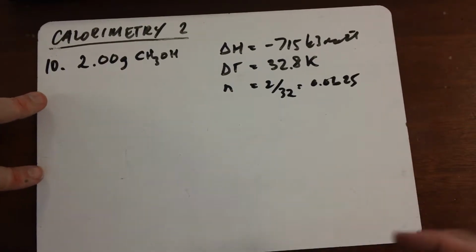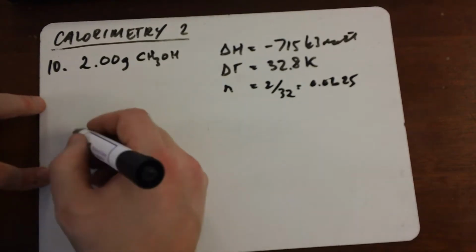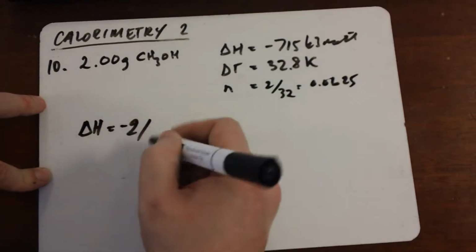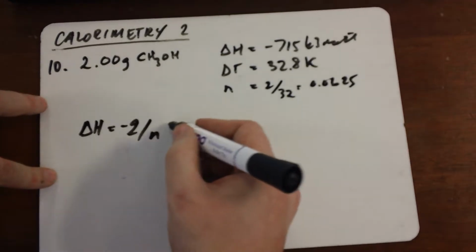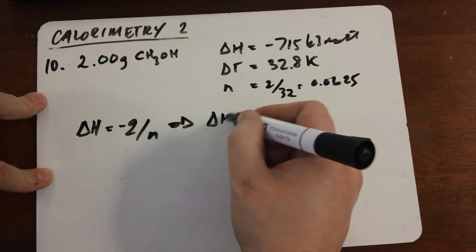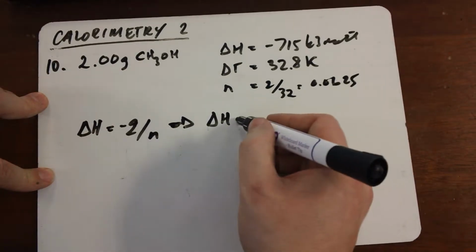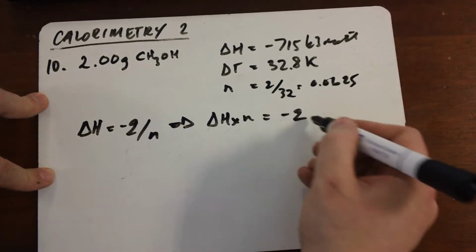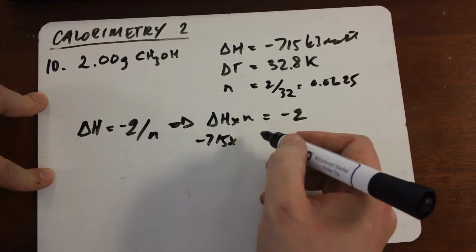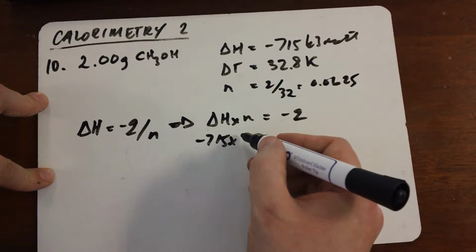Now, first thing you need to do then is you're working backwards on this one. So you are given the delta H value, you don't know the Q value, and you know the n value. So you need to rearrange this to work out what the Q value is. So delta H times n is going to be equal to negative Q. So if we put the values in, negative 715 times n, which is